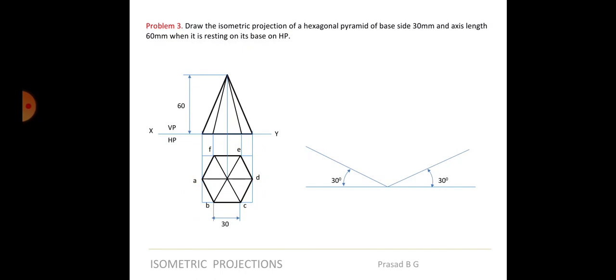So when you are taking the distance from here and keeping it on the isometric grid sheet, you will have to convert that distance into ISO. Directly you can't keep it, isn't it? So what I'm trying to tell you is, suppose you are taking this distance 30. If you take this 30 and directly place it here, it will be actual 30. It won't be ISO 30. In the grid sheets, if you mark 1, 2, 3 and keep, then it becomes 30. But if you directly take the length here and place it over here, it won't be ISO. So what you have to do is take every length, convert that into ISO and then place it here.